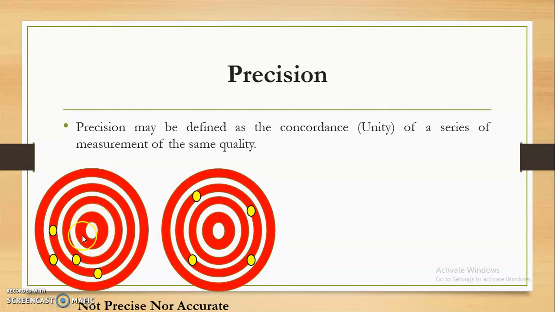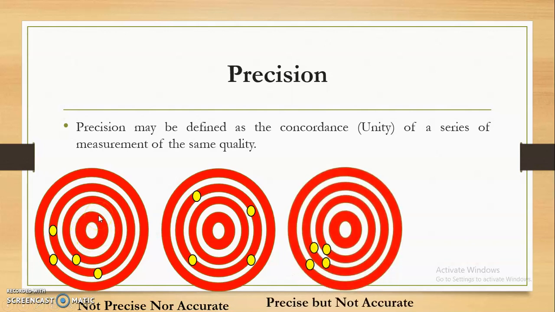And what is the target? We have to strike at the center of this particular V. Here you can see, if we compare this diagram where these four strikes are away from each other, but here you can see the four strikes are very close towards each other. So these results are known as precise, because the four results are in unity, they are closer towards each other.